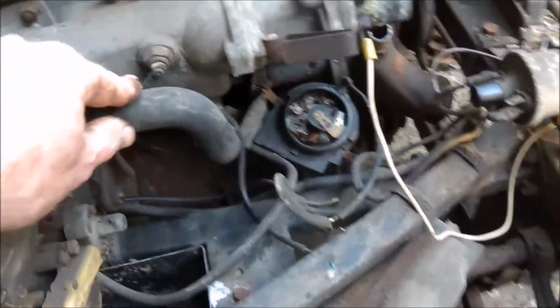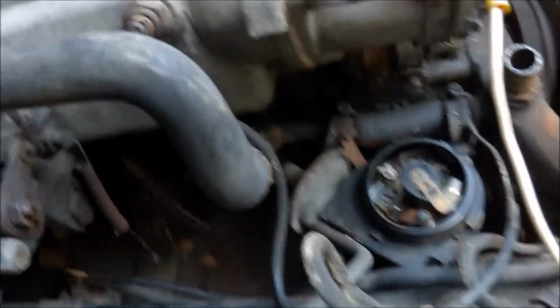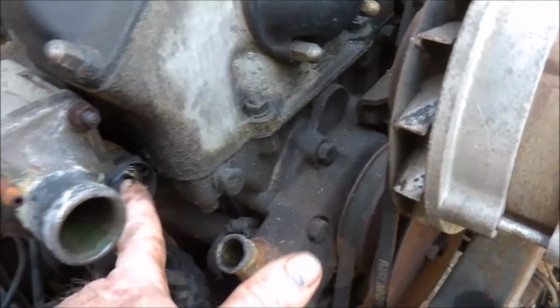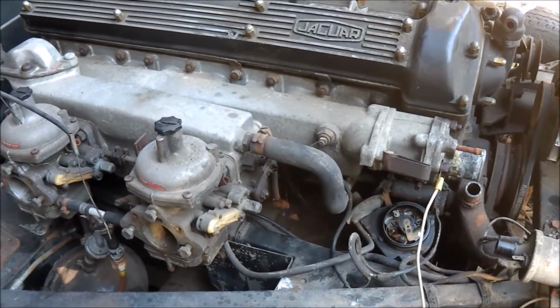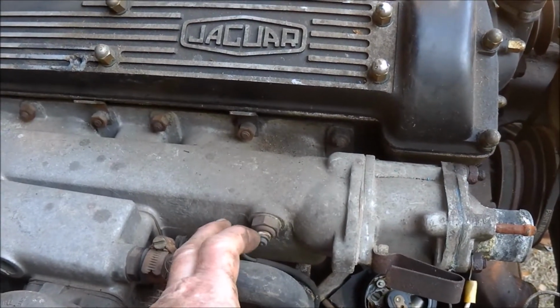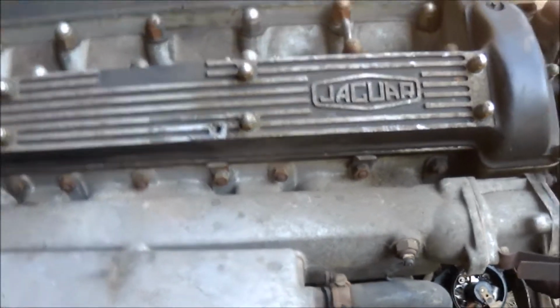At the other end, there's another water pipe here. It's got to come off. The fuel line, of course, has got to come off. Now, with those, and of course I took the bypass hose off here into the water pump, so that's off. Now if I just disconnect all of those, and there's a thermal sensor here, it's got to be undone. But apart from that, I'm hoping that I can pull the